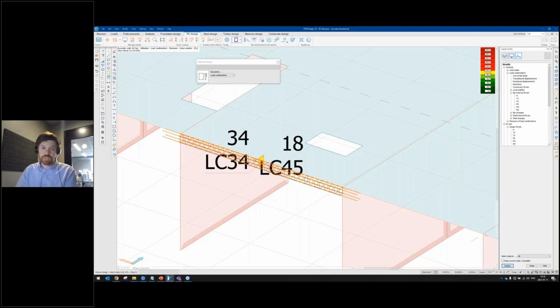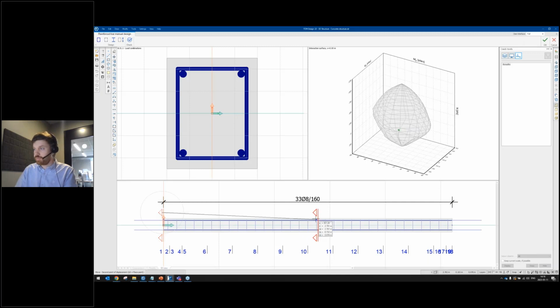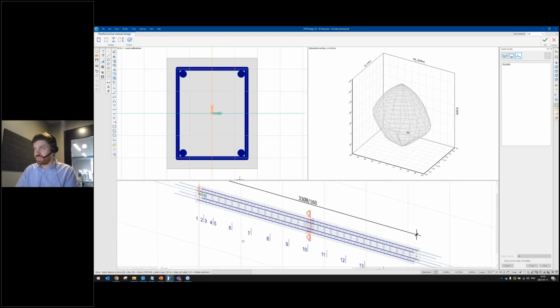And here you can just right click on the object and it will go into a new view where you see a cross section over the reinforcement in that section. This section is shown at the marker here. So if I change the position of this marker and place it in the middle, I will see a section of the middle. In this case, it's the same reinforcement all the way through the beam, so it's the same